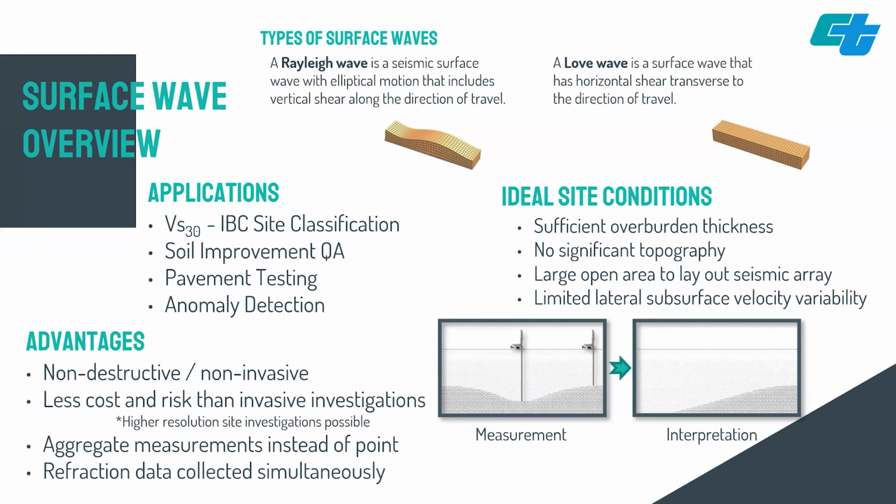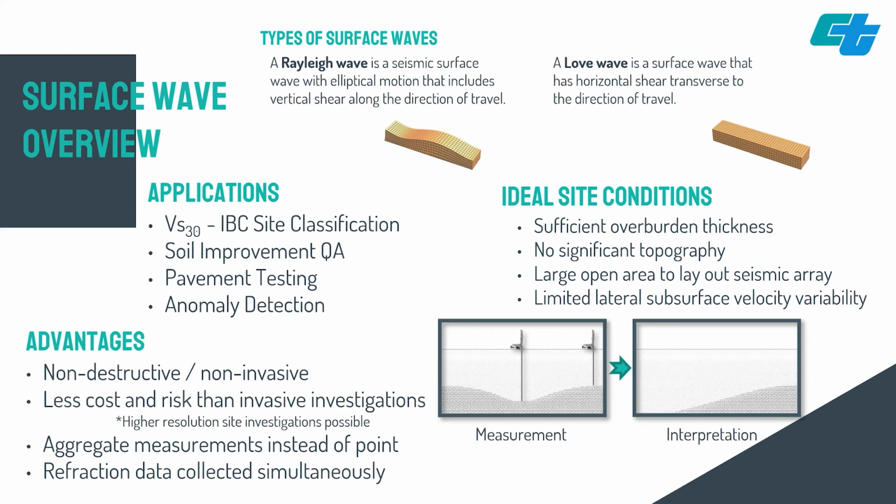Besides site class characterization, surface waves can also be used for quality checking soil improvement, pavement testing, and anomaly detection. Some of the inherent benefits of surface wave testing are that this method is non-invasive and does not require a borehole. This reduces investigation costs that potentially allow for a higher resolution site investigation. These surface wave measurements examine aggregate velocities below the survey length as opposed to an isolated point obtained by borehole investigations. Another benefit is that refraction data are collected simultaneously, potentially providing valuable data such as depth to bedrock, rippability,